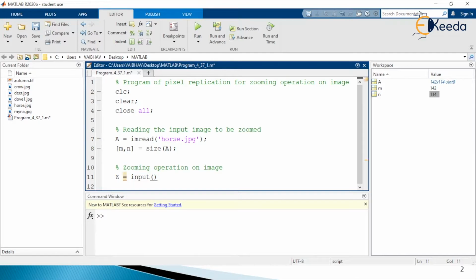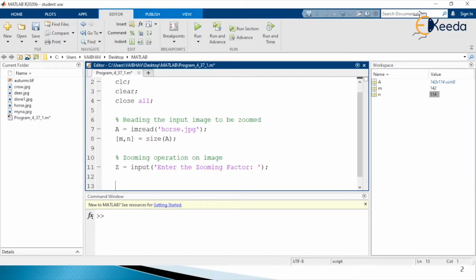So here is the use of the input command, and within a pair of parentheses and a pair of single quotes, I write the message to be printed on the command window. So here it is: enter the zooming factor. Initially, we are considering this zooming factor to be an integer value here. So I end this MATLAB syntax line with the semicolon.